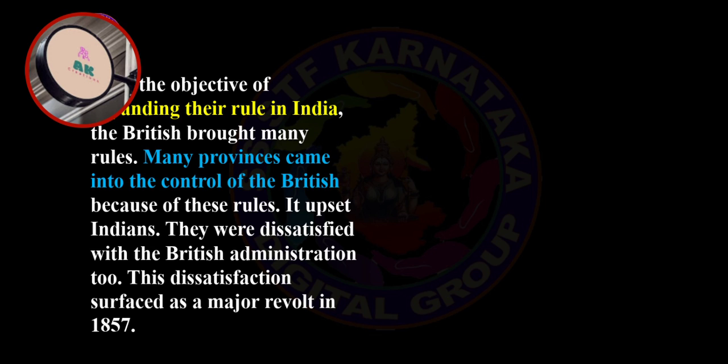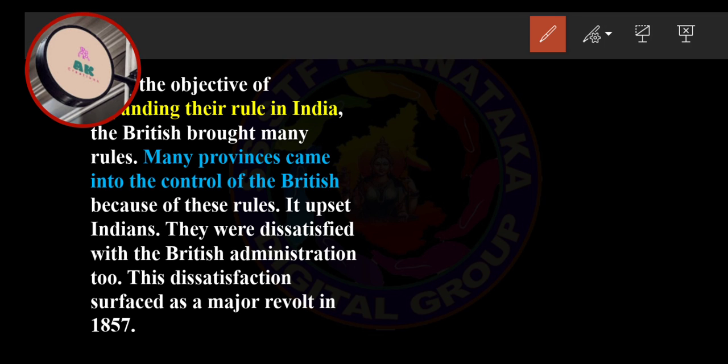The Britishers brought many rules, right? In the year 1600, I think you know this, and I have explained it in class as well as in the video, the Queen gave a royal charter. During that time the Britishers came, and who gave them permission? That is Akbar. During the time of Akbar, the Britishers came and started their trade.